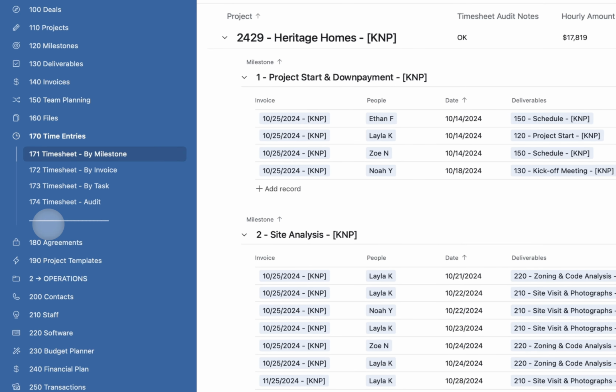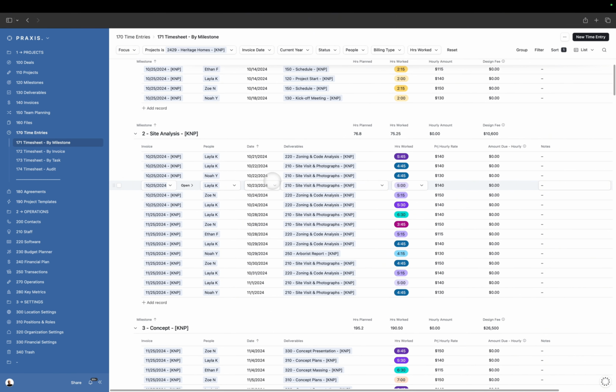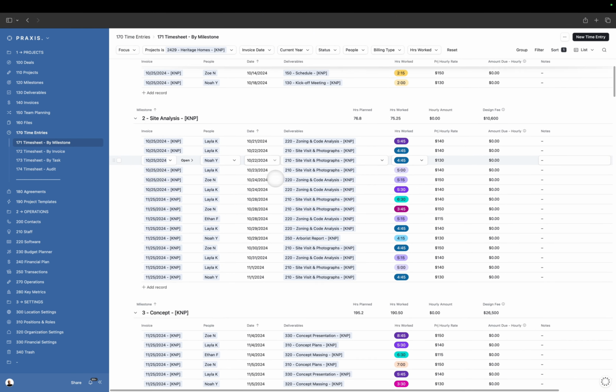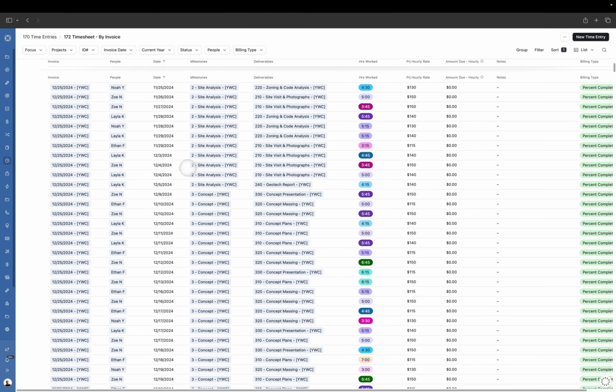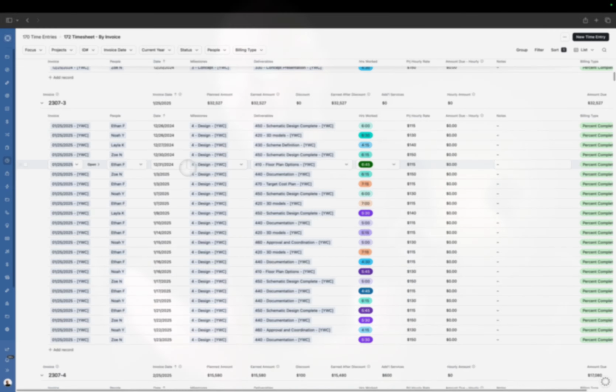Then we have timesheets. So let's go over to time entries here. Timesheets are arranged by milestones, so you can keep track of how much time you spent on each milestone, but the one that is used the most is by invoice. And timesheets by invoice, of course, display all the time entries that have been done against a given invoice